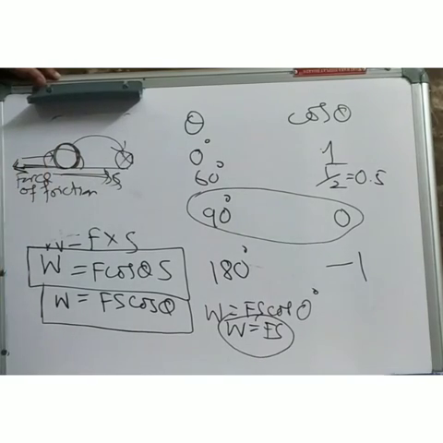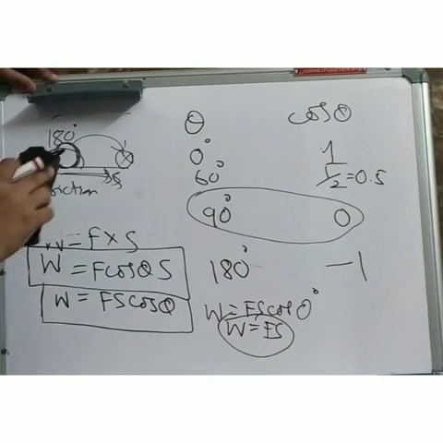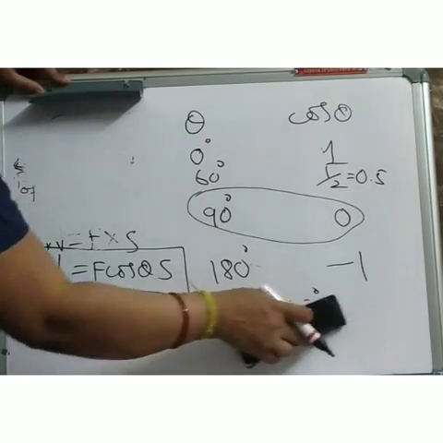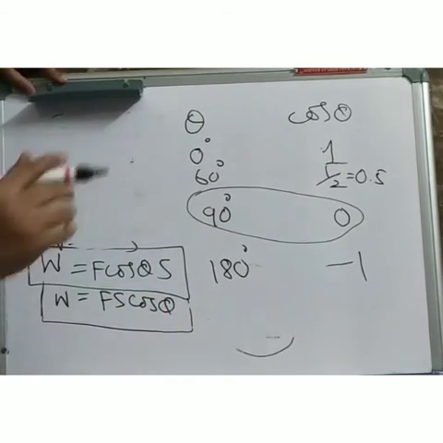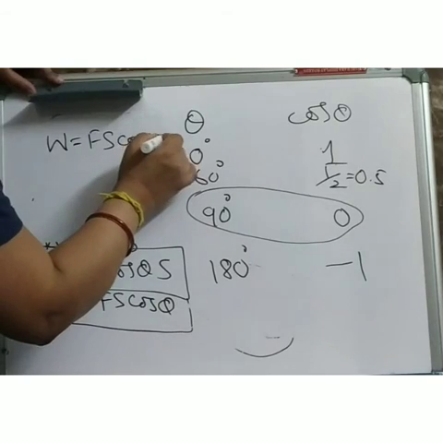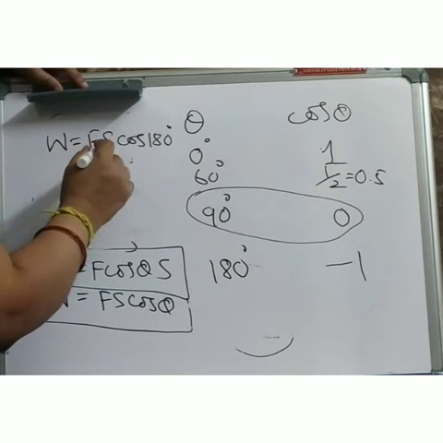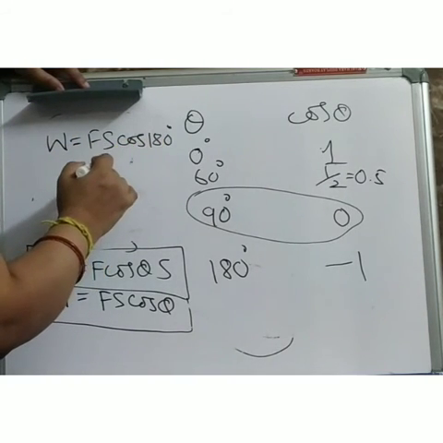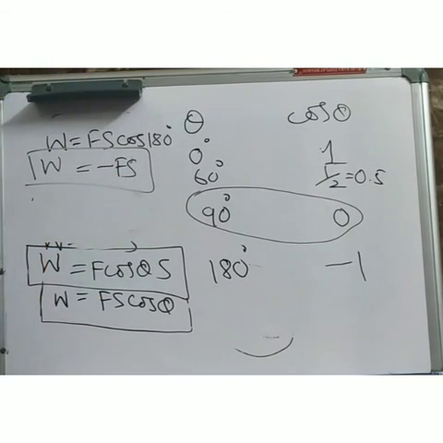So what is the value now of the angle between the direction of the force and the displacement? 180. So what is cos 180? Now can you get the value of work done? Can we calculate the value of work done in case of 180? W is equal to Fs cos 180. When force is in the opposite direction of the displacement, or displacement is in the opposite direction of the force. So cos 180 is -1. So finally you are getting W is equal to minus Fs. So this is your negative work done. We have discussed also the same thing. Is it clear now? Is it very difficult? I don't think so.